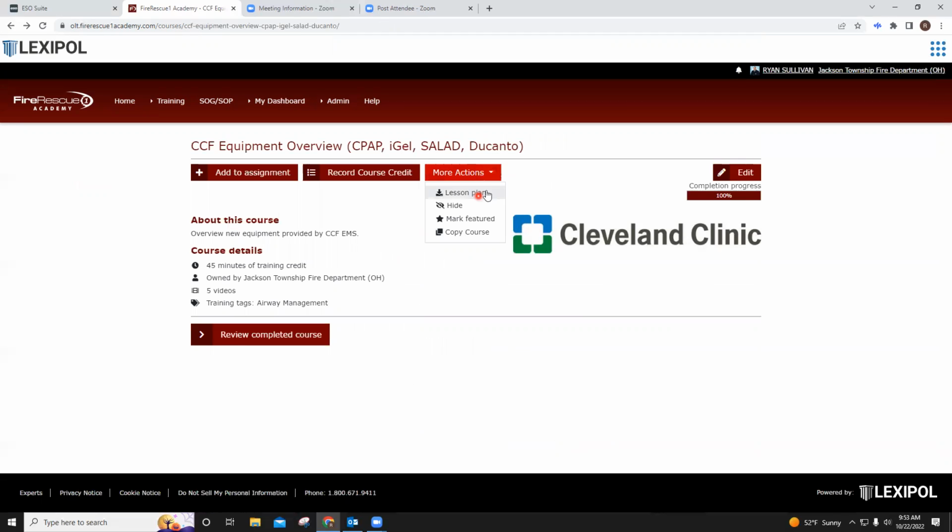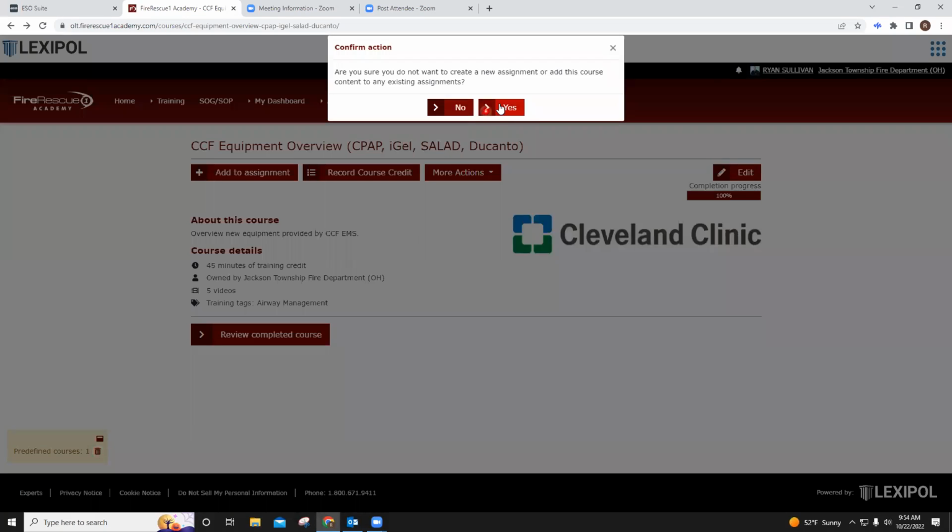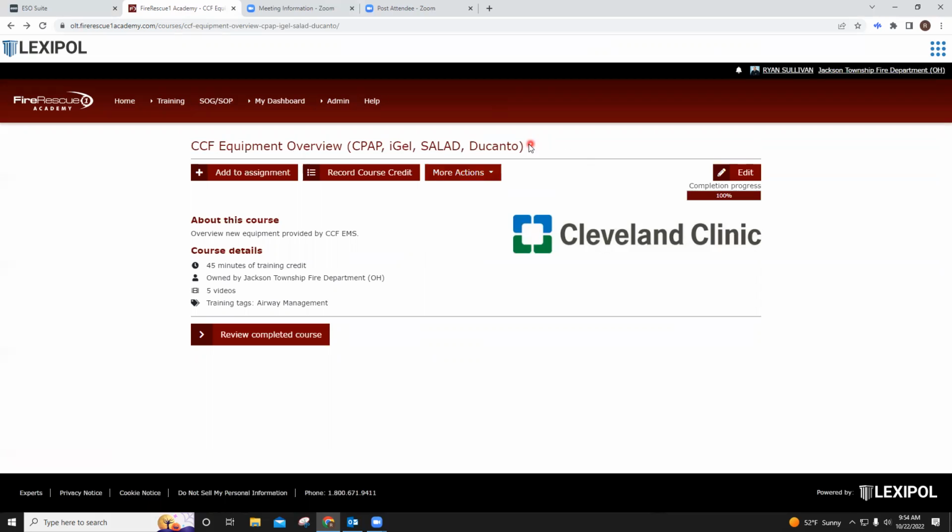More actions is if I want to look at the lesson plan, if I want to hide this training, I can do that, or I can mark it as featured, or I can copy the course and just kind of change things as I want. Also, if you want to add an assignment to it, you can also do that. An assignment is a little bit different when it comes to adding content and such. So usually I kind of stay away from that because all the content's inside the